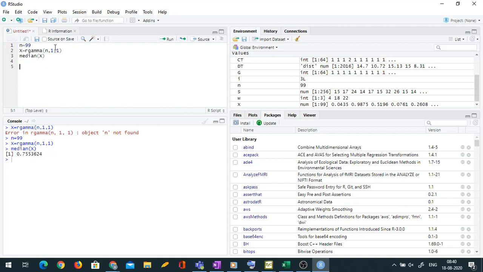Let me first do jackknife. So in jackknife, what we discussed is, it is leave one out cross validation. Means every time I will keep one observation aside and I'll compute median on the basis of rest. That becomes my first jackknife estimate of median.